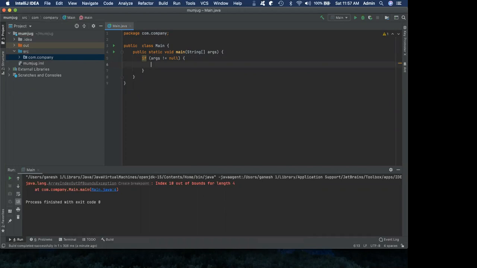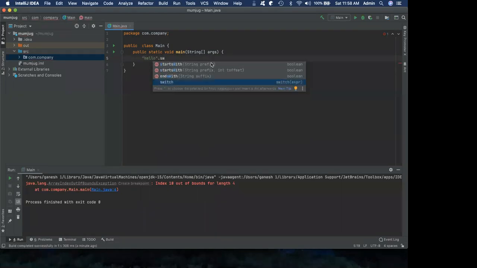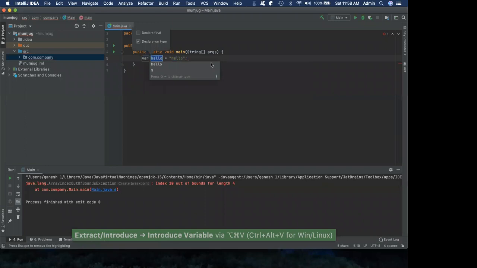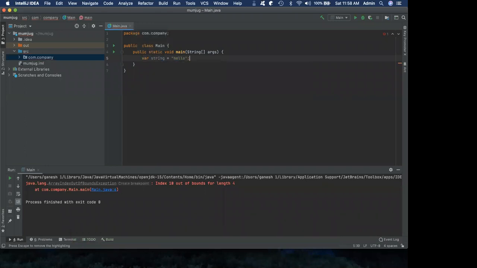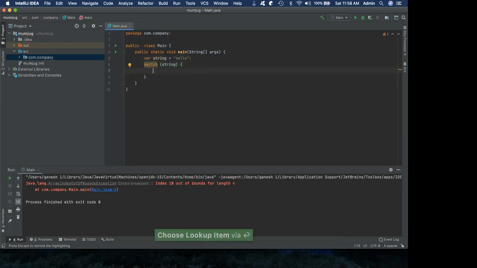So the ones that you need to try, for example, are, let's say you have hello, and let's say you want to do switch of that, right? I mean, of course, it doesn't make sense to have a switch for hello. We will have it as a variable, right? Now introduce a variable, yeah, string, and then string dot switch. How are we switching on this string?